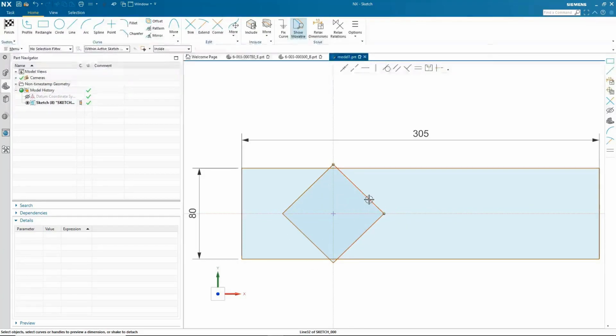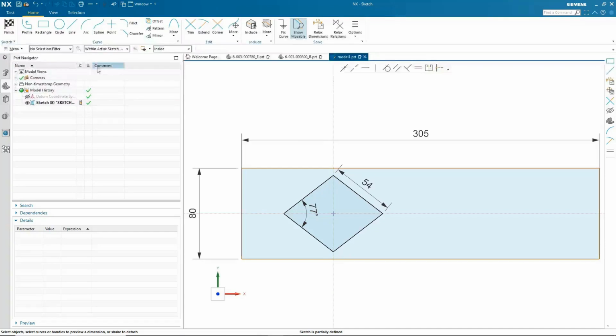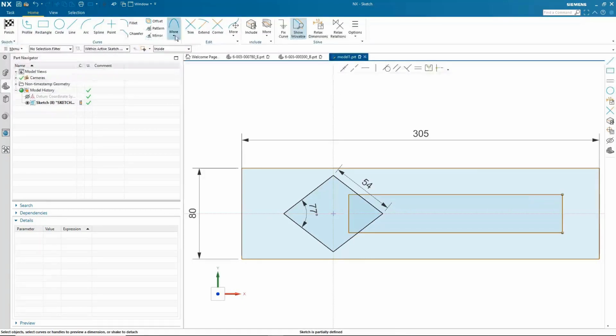We continue to use dimensions to fully constrain our shape. We never need to add relations as the sketcher finds them all for us. We will go ahead and draw in some of the curves we need for our pockets in the bracket. Next, we will add some more lines, and then we will dimension all of these entities so as to fully define the sketch. Notice the curves turn from brown to black as they become fully defined.